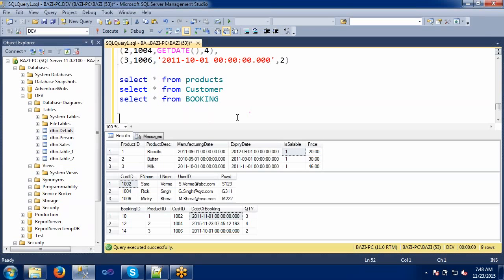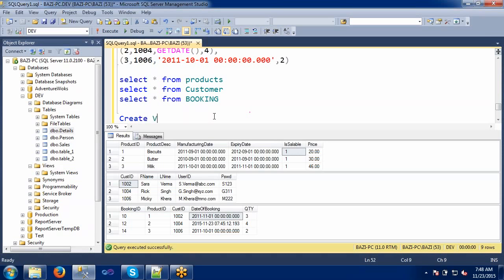So how this is going to execute in our scenario: I'm collecting the first name and last name from this table, and the product description from this table, and the booking date I'm going to use, and price and quantity I am using from these two tables, and the total amount. So I am creating a few columns which are a collection of columns from different tables. Let's try to create one view here.